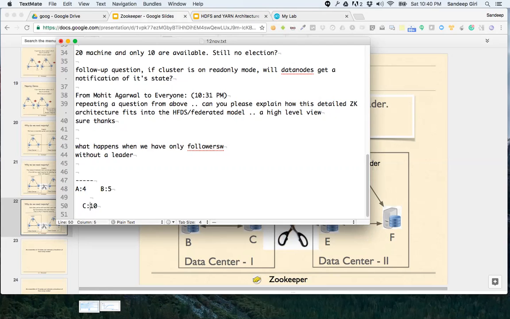C will have an election because 10 is more than 50% of 19, and therefore there will be a leader in this particular data center, while the other data centers will have no leader, no election.